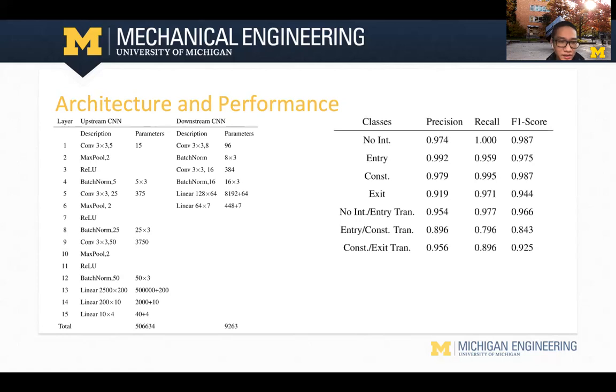And the performance metrics on the 4 steady states and 3 transition classes are shown on the right. The framework has a decent performance on all classes except for the transition between entry and constant milling. This is partially because the transition is more gradual and takes more data points to develop. Overall, the result is promising because the network is trained and tested on samples taken from signals generated from different operation conditions, which means that our network is able to pick up meaningful features of samples and classify them correctly.